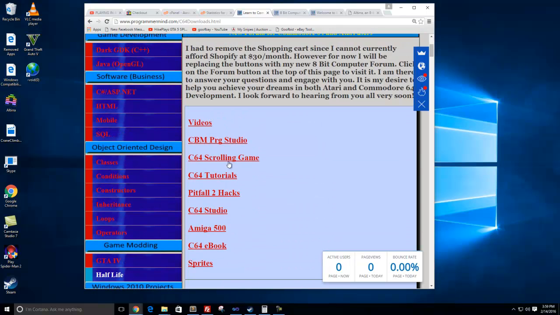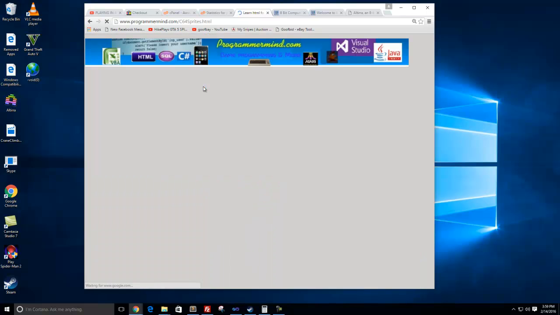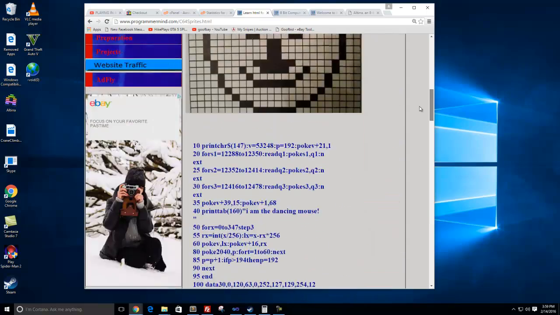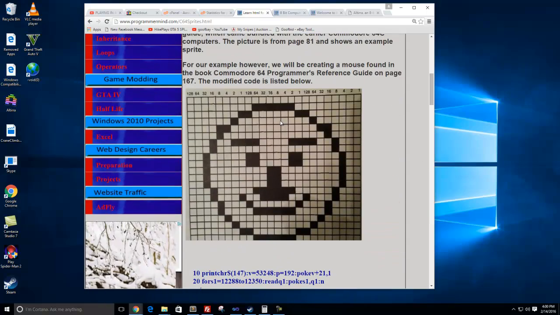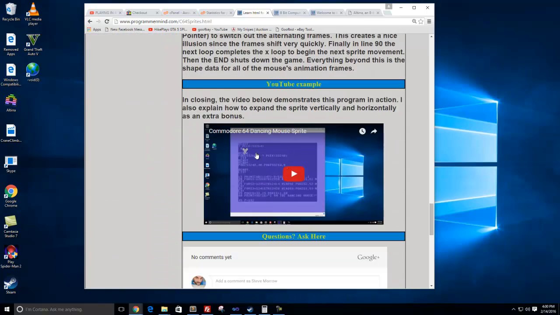I just basically haven't really done anything to these lately. Still working on the sprites example. I've got it done for the most part, but I wanted to spruce it up a little bit and explain a little bit more about the calculations and maybe some other stuff here. But I've got the regular video at the bottom.